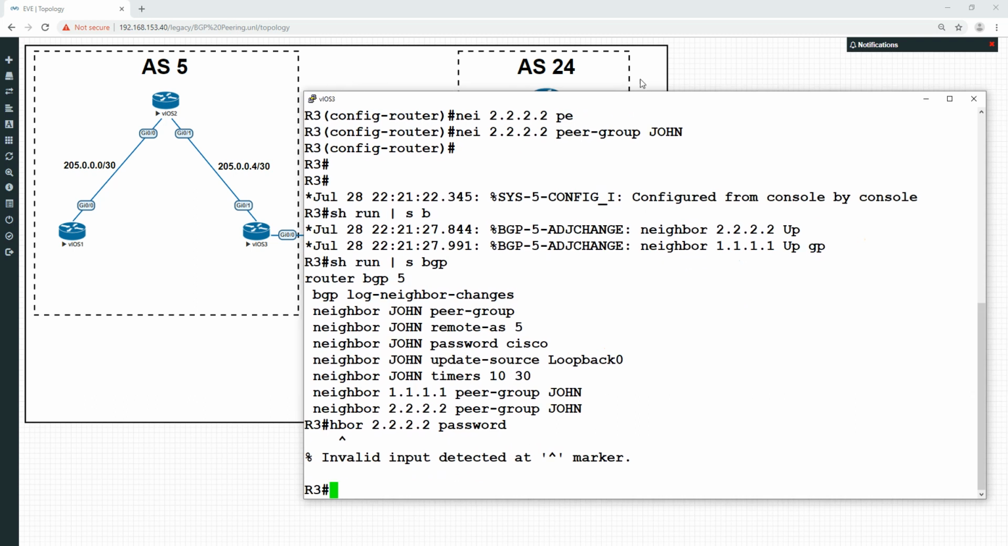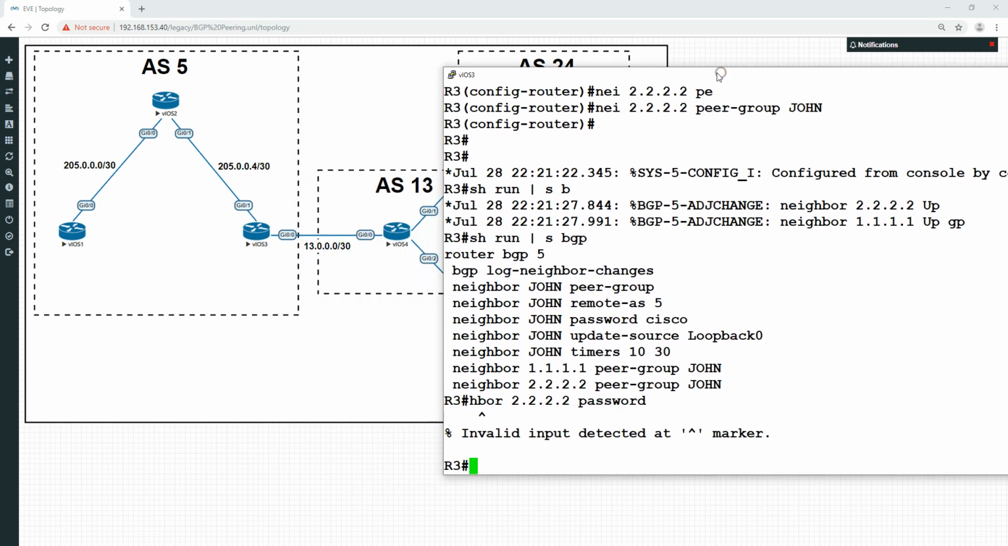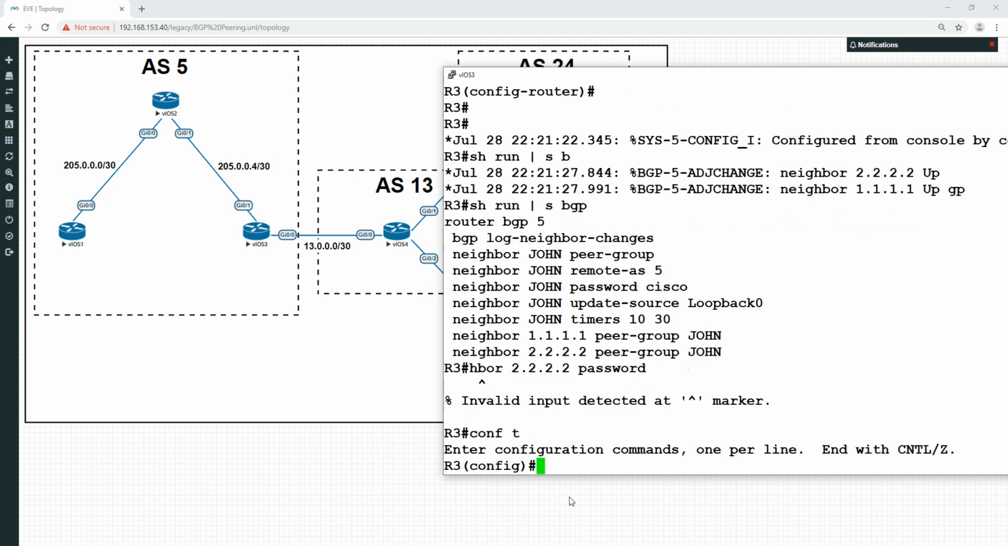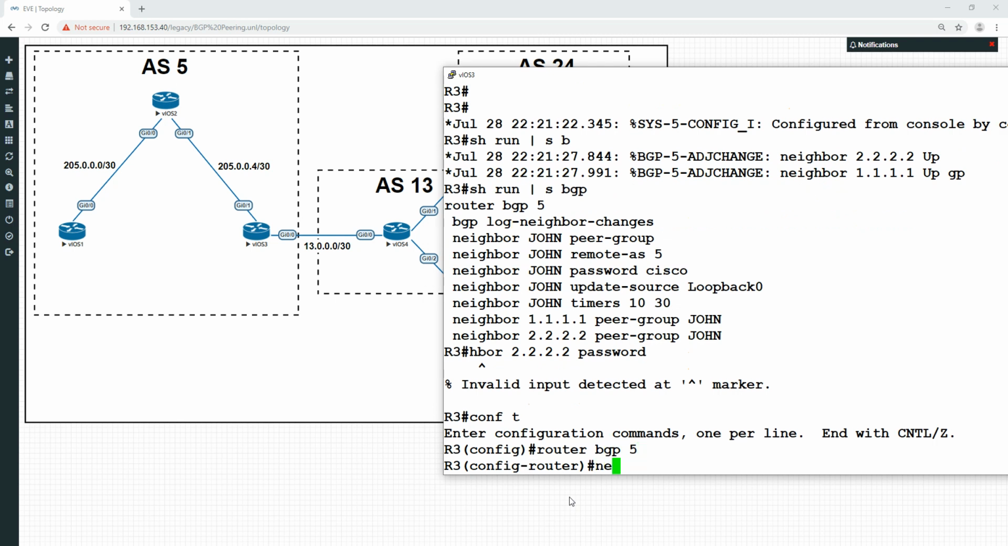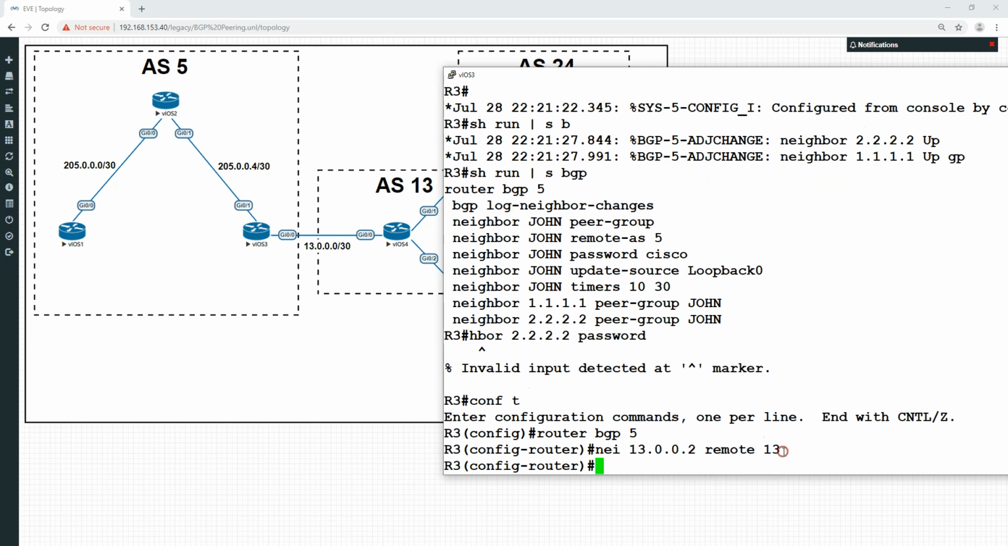The next thing we're going to do is with router 3, we are going to peer with AS13, and we're going to use a different password this time just to show you that you don't need to have common passwords throughout everything. So we'll do router BGP 5 and just peer on the actual physical interface this time rather than the loopback. So we'll do 13.0.0.2, which will be this interface here. So neighbor 13.0.0.2, and the remote AS is going to be 13, because this number here is different from this